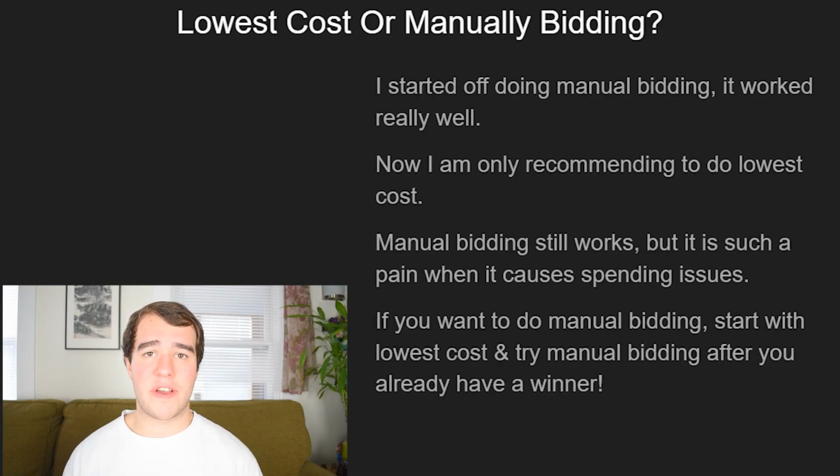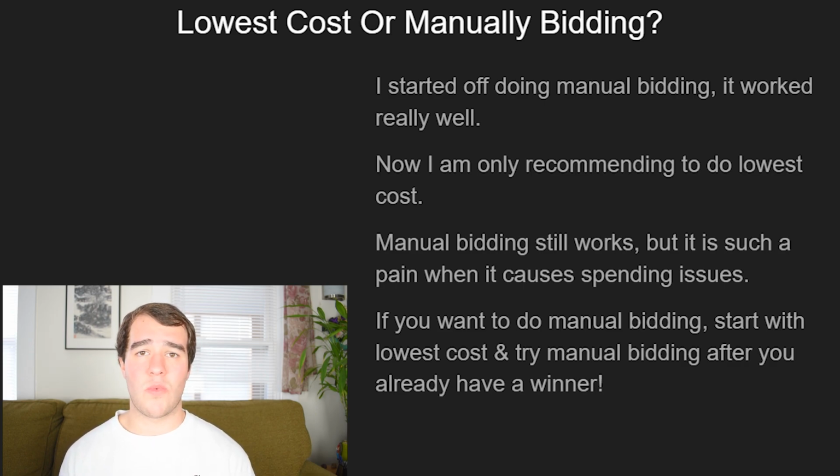This question is probably the most common, and it relates to the bidding structure with TikTok. Should you do lowest cost or should you manually bid? Now, I'm sorry if I caused any confusion here, because as I said, I've been trying to figure out TikTok ads and I've been sharing with you guys what has been working for me. Recently, I made a video updating my stance on manual bid versus lowest cost, but up to this point, I have been doing manual bidding on every single test campaign.